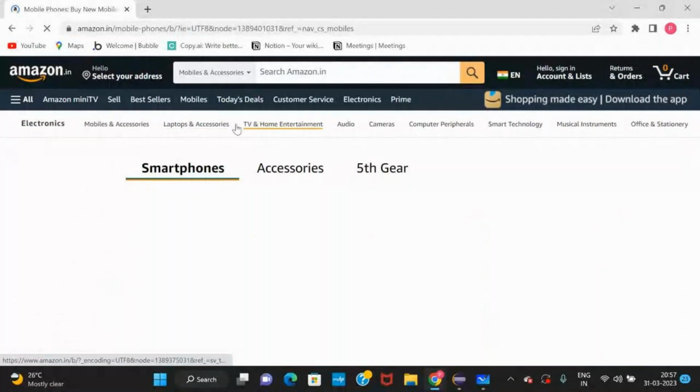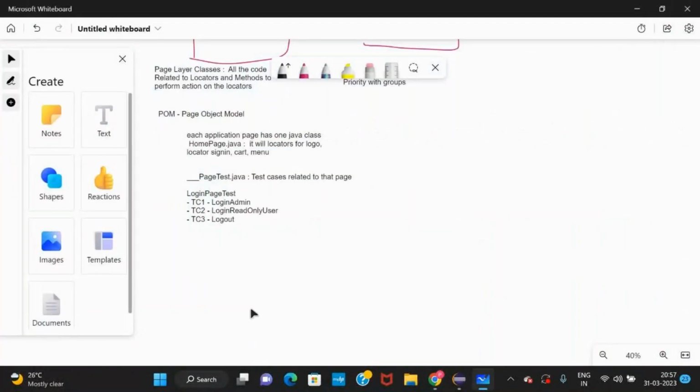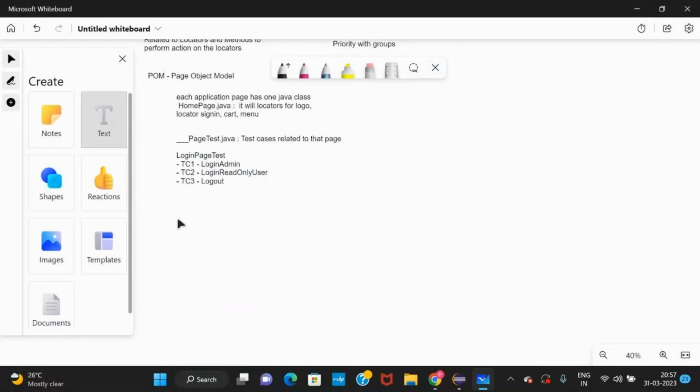Test cases related to mobiles. Right? I will write TC1. TC1 will be add to cart, like we add a mobile or we search a mobile. TC2 will be search mobile.